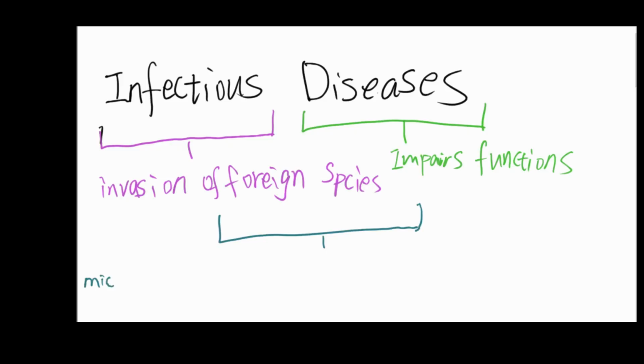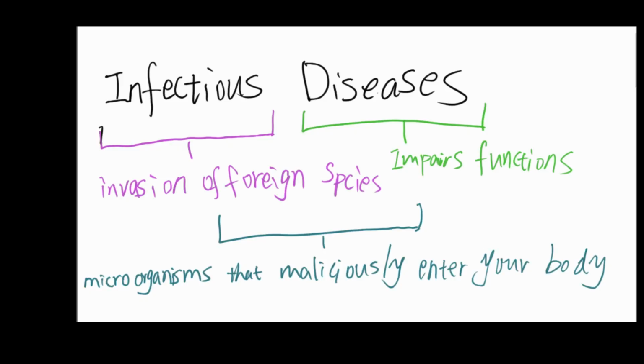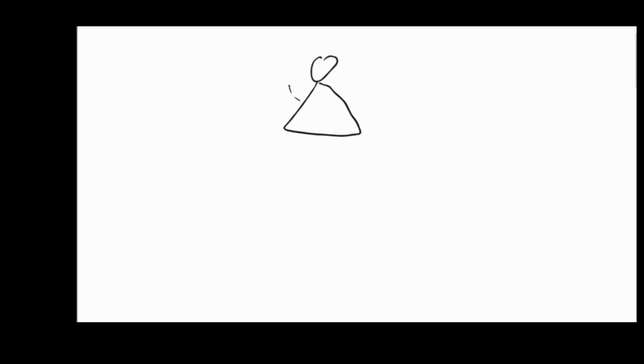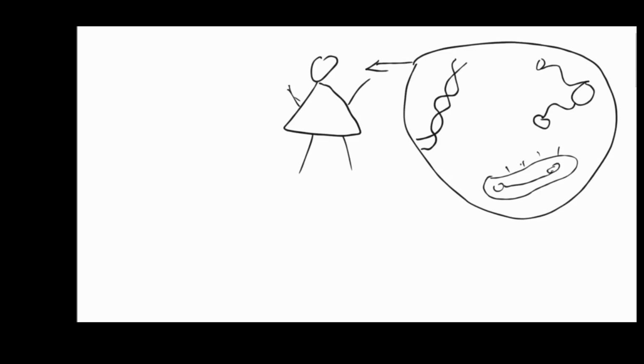Therefore, an infectious disease is a type of disease caused by the entrance into the body of organisms, such as bacteria, protozoans, fungi, and viruses, which grow and multiply. While there are many good organisms in the body that promote functionality, some may cause many unwanted, sometimes life-threatening symptoms. Let's take a look at the types of germs that cause infection.